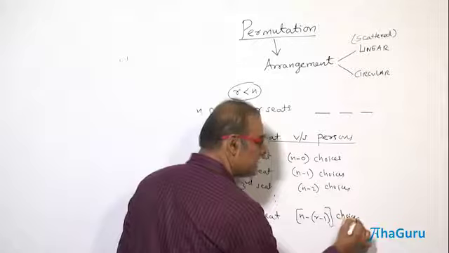So this is the first seat, second seat, third seat, rth seat. This is actually n minus 0, the first whole number. Second seat, n minus 1, the second whole number. Third seat, n minus 2, the third whole number. So the rth seat is going to be n minus the rth whole number. What is the rth whole number? It is r minus 1. So n minus of r minus 1 choices.